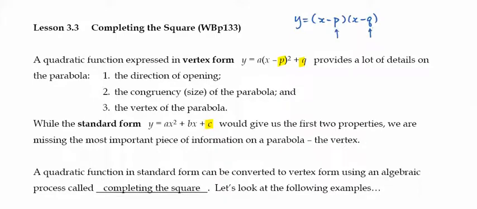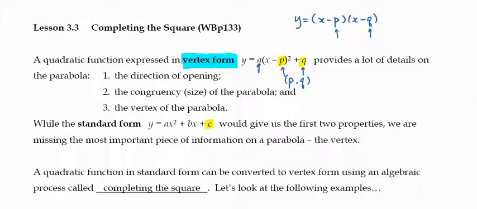So each of these forms gives us some advantages. But I'm pretty sure, as we've been working on quadratic functions, you would agree with me that a quadratic function in vertex form will give us the most information, based on the availability of the vertex, p and q. Every time you are to draw a parabola, once you know the location of your vertex, you can then create your parabola based on the size given to us, and of course the direction